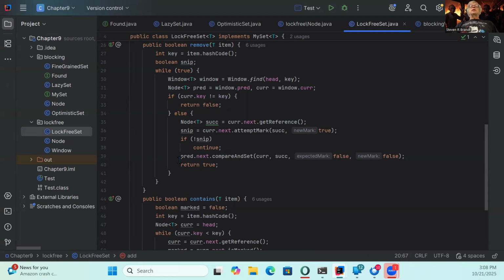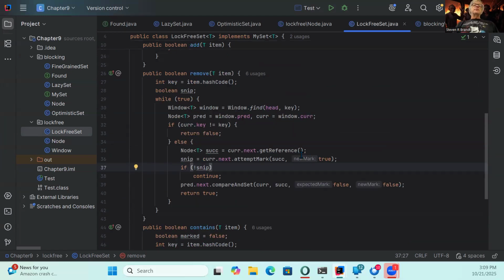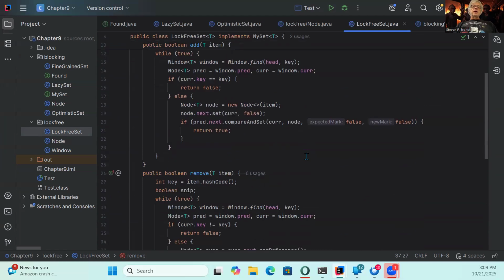And then this is the thing that actually does the physical delete. So we do the logical delete here, right? And if the logical delete fails, we start over. And then we try the physical delete. But if the physical delete fails, we don't do anything, right? And why don't we do anything? Well, it's possible that they did, but the reason we don't do anything is because we have this window method